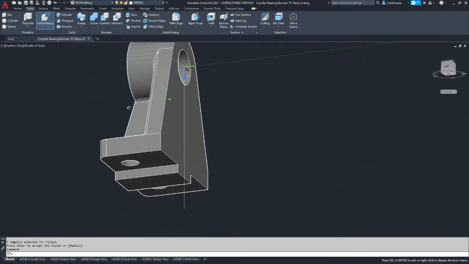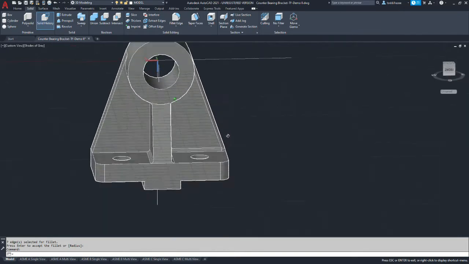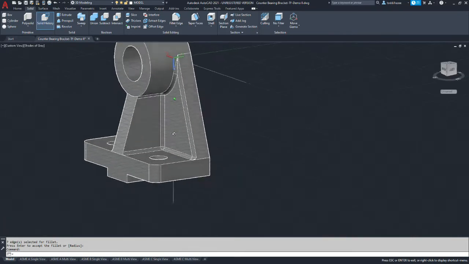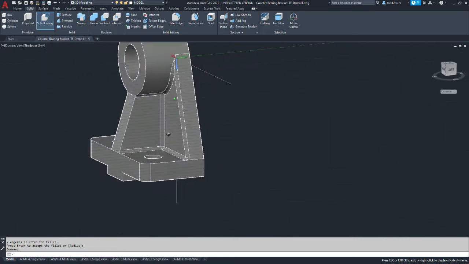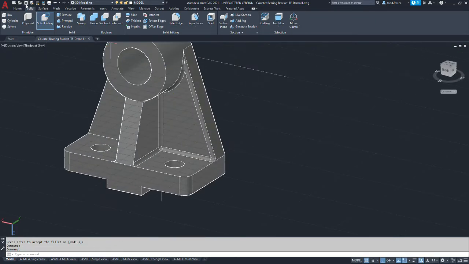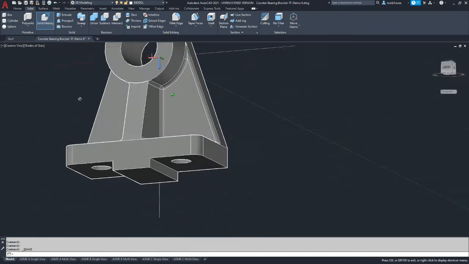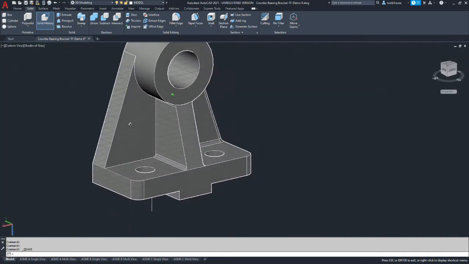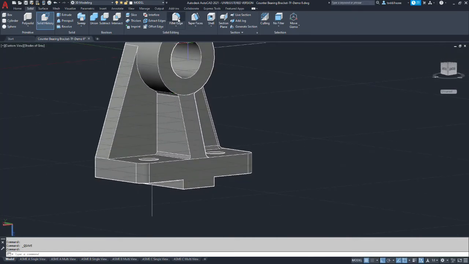So at this stage, your model should look like this. Let's save again. Let's repeat that same procedure on the opposite side. Fillet.